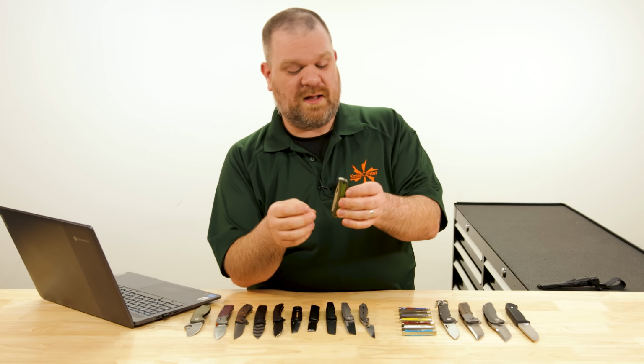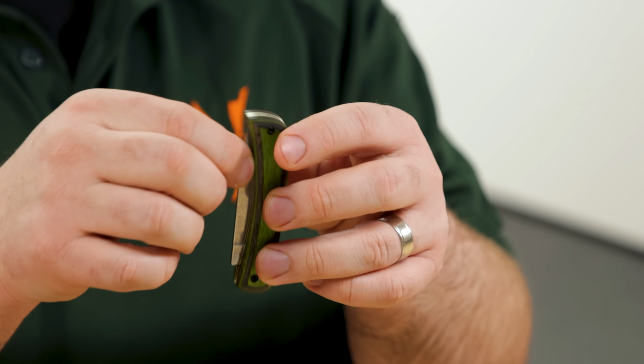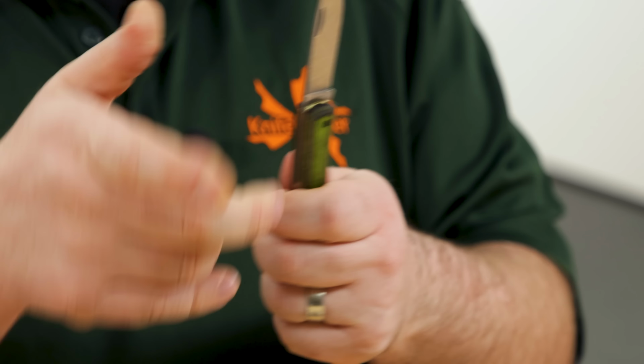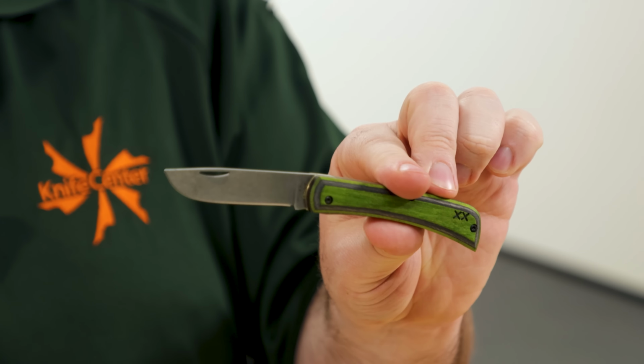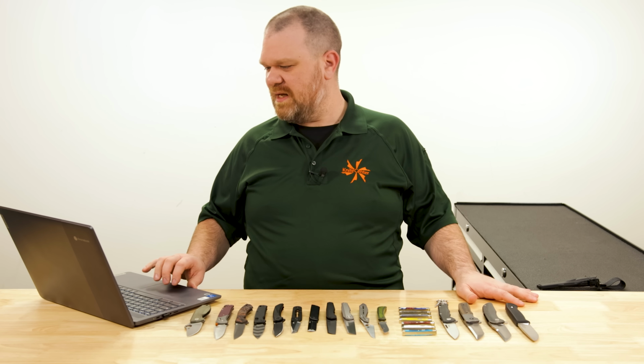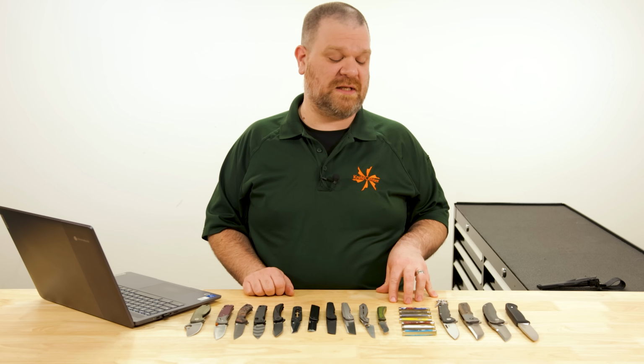For that matter, yeah. The other cool thing too is instead of a nail nick, you've got a small blade cutout here. That makes it very easy to open, even without having to use your fingernails, which is a cool thing as well. Next up, traditional as traditional gets, the vault pattern for 2025 from K.I.S.S Knives,